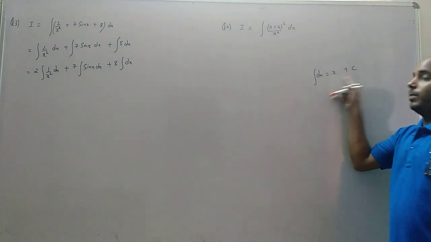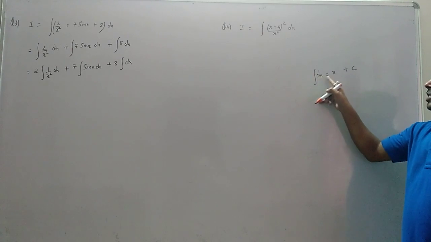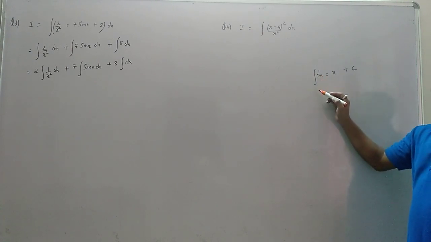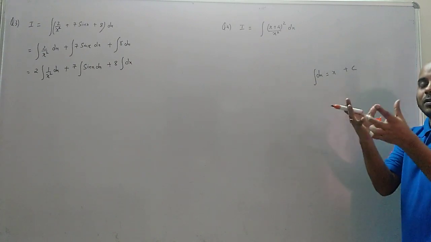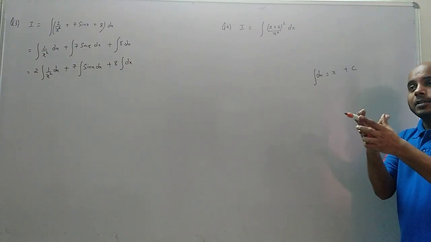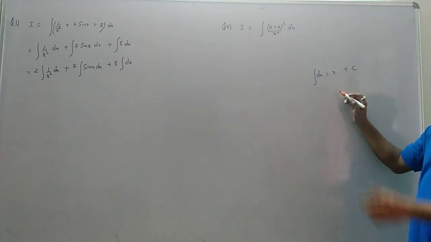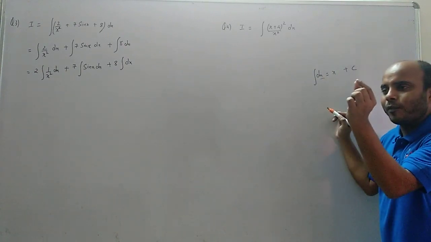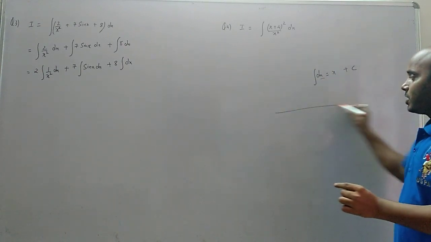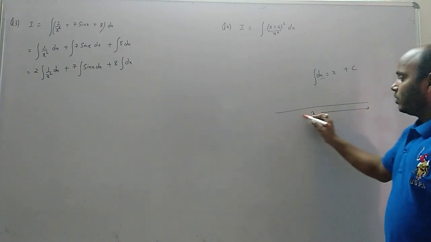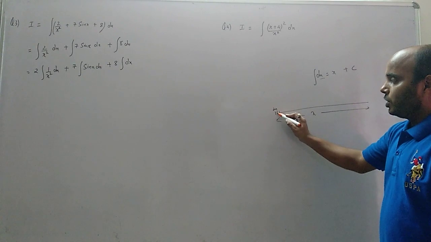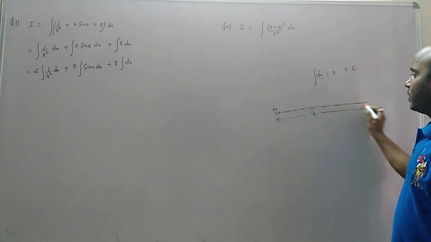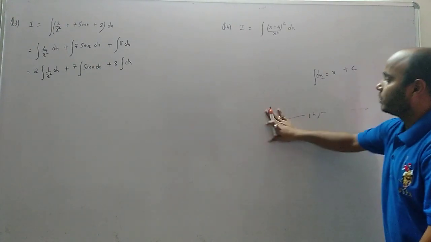Add this a little, son, I forgot. Integration of dx equals to x. dx integration means addition. It is basically a summation. We call it add, therefore dx added gives x. What is dx? A small value of x. Like this is the total length of a wire. Small length is dx. So dx, if I add all of them, what do you get? X. So it is something like that.